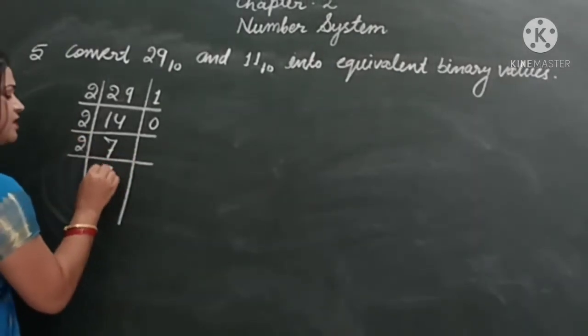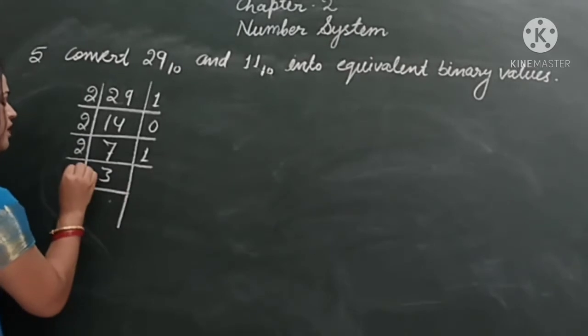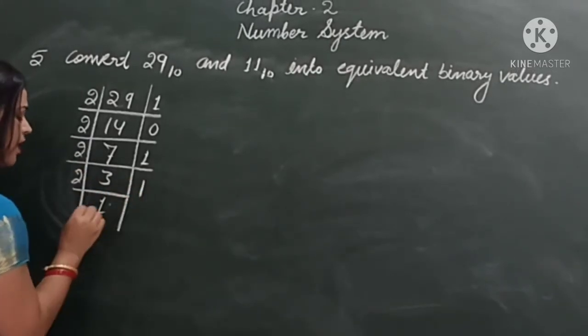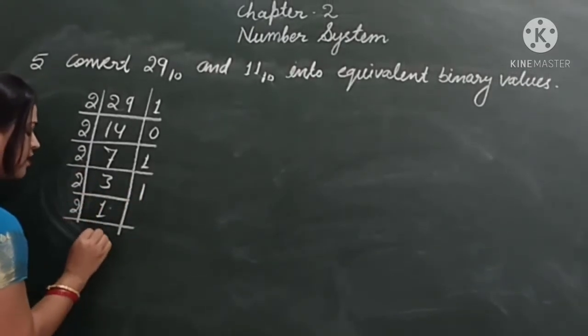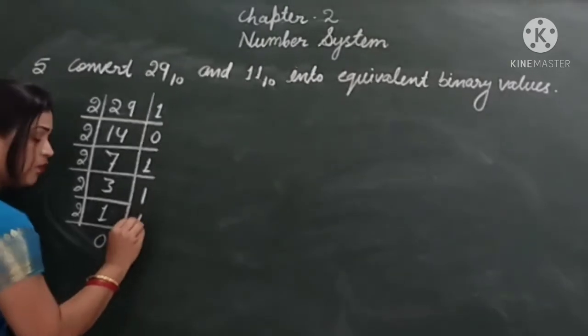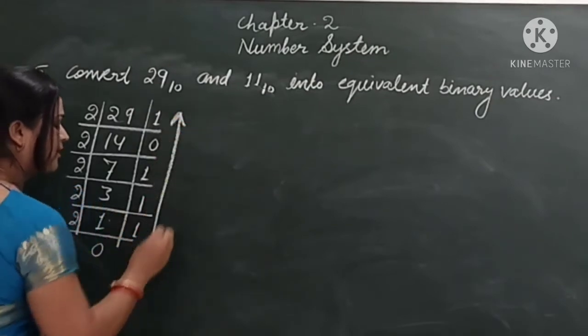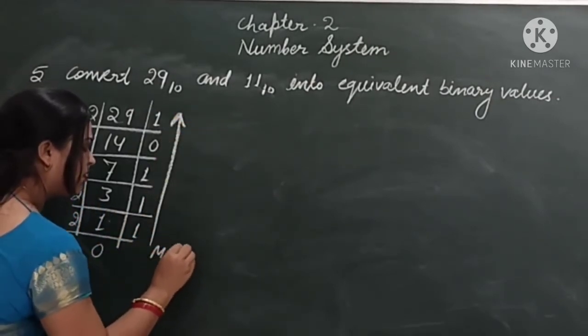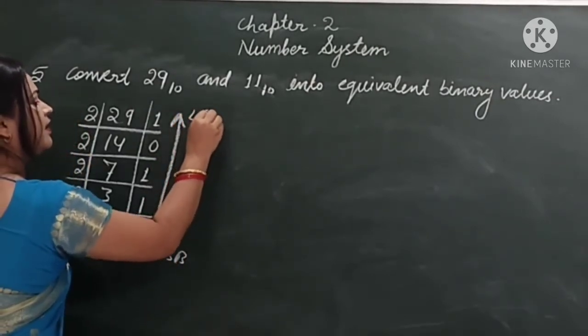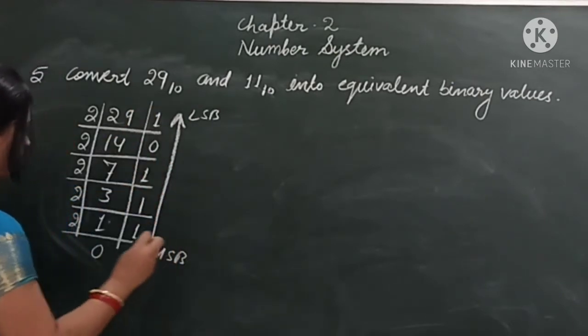2 3s are 6. Remainder 1. 2 1s are 2. Remainder 1. 2 zeros are 0. Remainder 1. Right. Draw a line from bottom to top. Write MSB, and here LSB, least significant bit, and then write the hence